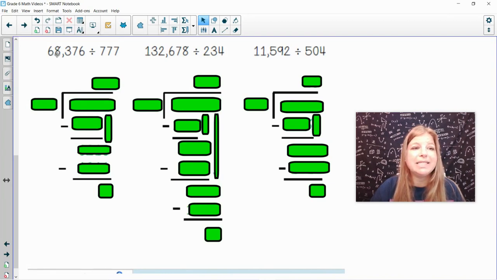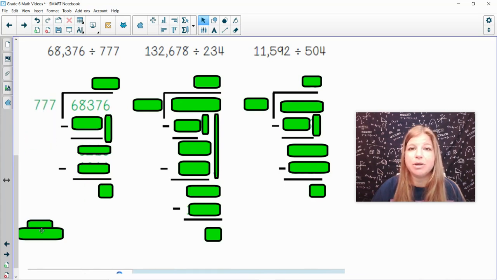I'm going to put my 68,376 under the bar. My 777, my divisor, will go to the left. 777 doesn't go into 6, won't divide into 8, doesn't go into 683. It's going to have to go all the way into 6837. And so you would have to do a little bit of math to figure that one out, but it does go into it 8 times. 777 times 8 will get you